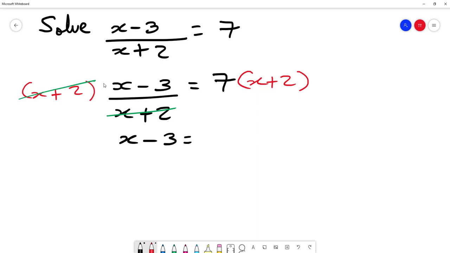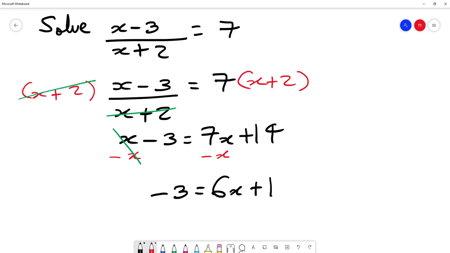Expand the brackets out. 7 times x is 7x. Plus 7 times 2 is 14. And then we're going to compare both letters, so 7x and x, so x is smaller than 7x, so we minus x on both sides of the equation, and then the x and minus x will cancel out, so we end up with minus 3 equals 7x minus x is 6x, then we get plus 14, and then now we want to minus 14 on both sides of the equation, so we do minus 14 here, minus 14 on this side,